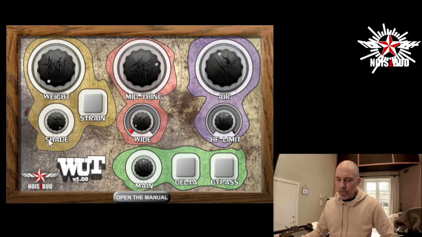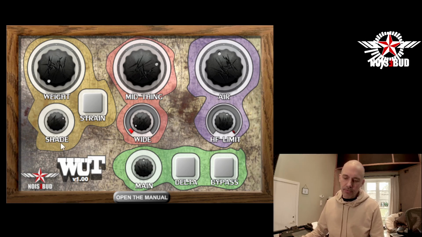Then below the weight band you have shade, and this just sets the frequency where it starts to work. So the lower this goes, the lower the frequency. I usually just keep it at max because I think that sounds the best, but sometimes you just want to boost the